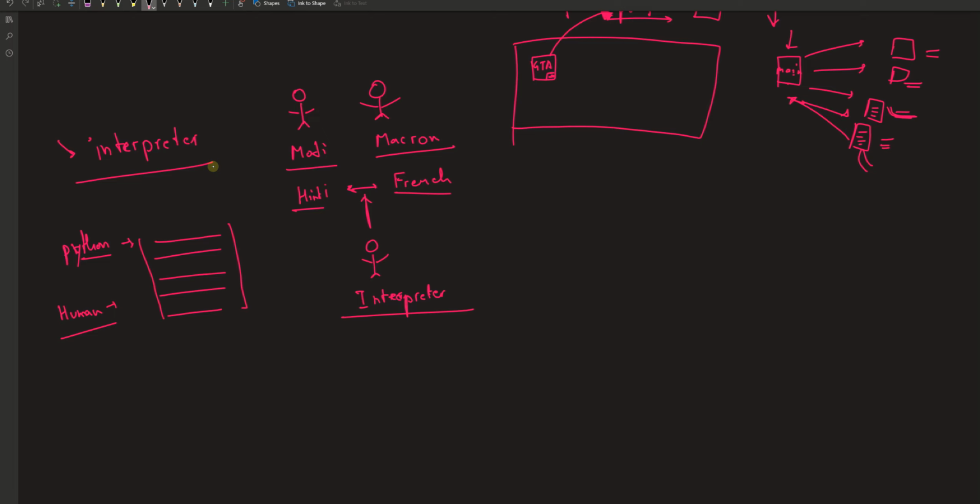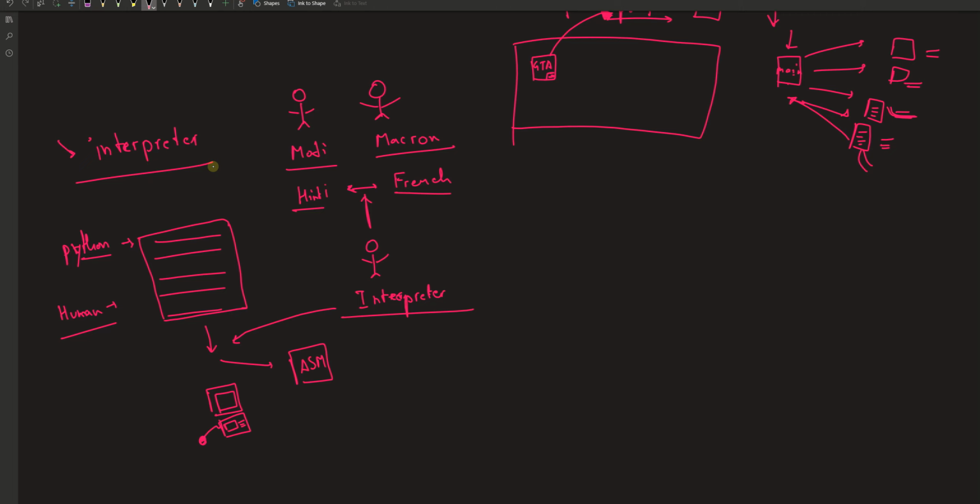Now this Python is being interpreted. Your computer couldn't understand this language, so we use an interpreter in between this and the machine, so that the machine can understand this command. The language it's interpreted into is called assembly language.